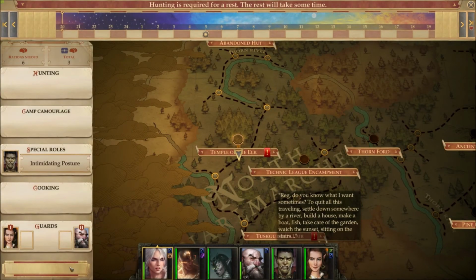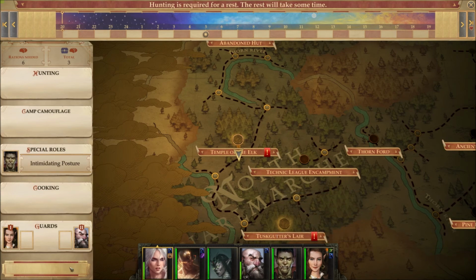Greg, well, do you know what I want sometimes? To quit all this traveling. Settle down somewhere by a river. Build a house. Make a boat. Fish. Take care of the garden. Watch the sunset. Sitting on the stairs. That's a good dream. So cozy. I'm not sure I could live like that, but...